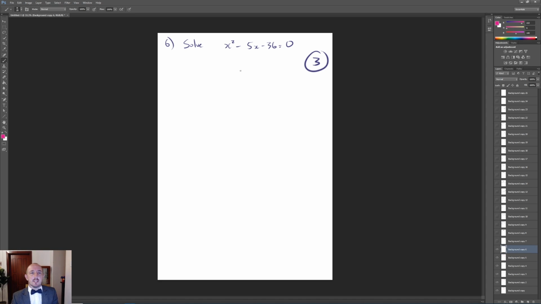Question 6 is a solve question with a quadratic, so we can factorize this to x minus 9, x plus 4, and then we can say, well, x equals negative 4 or x equals 9. So that would be for 3 marks there. Question 7, we have a hat where the normal price is reduced by 15%. So the sale price of 20.4